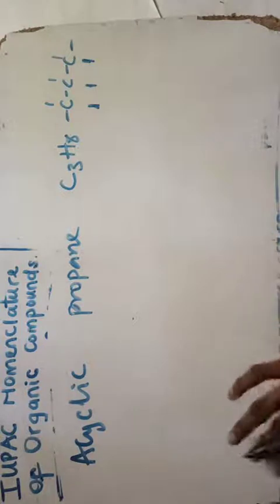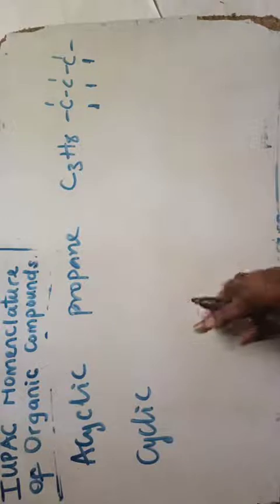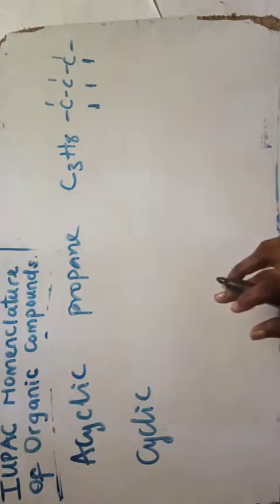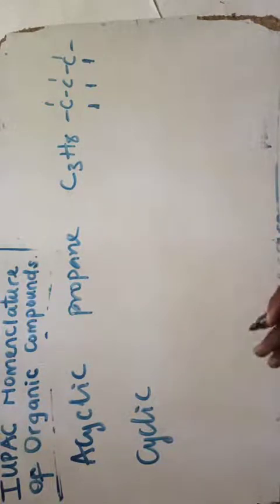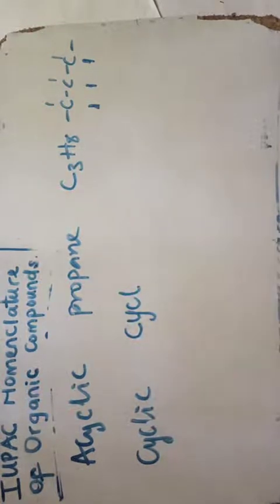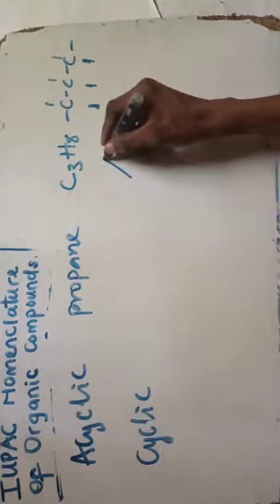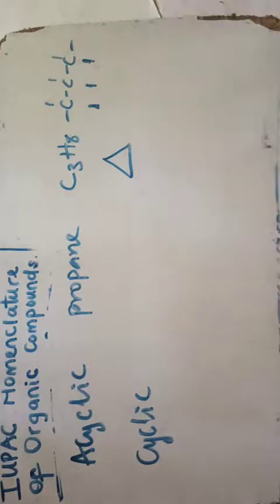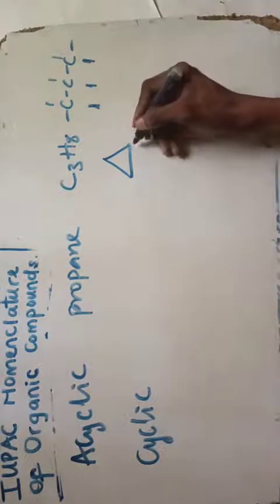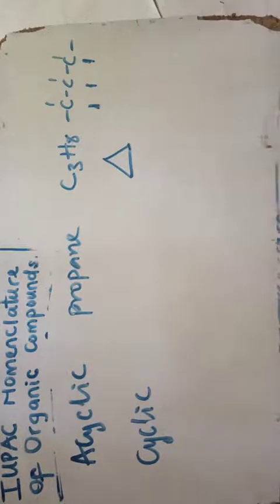Now cyclic is in a cyclic manner. So this propane example can now be, if I would say, cyclo. But before bringing this, let me show you an example. So let me say I want to put something like this. See this. Now this is a cyclic compound, just drawing this alone, that is all.